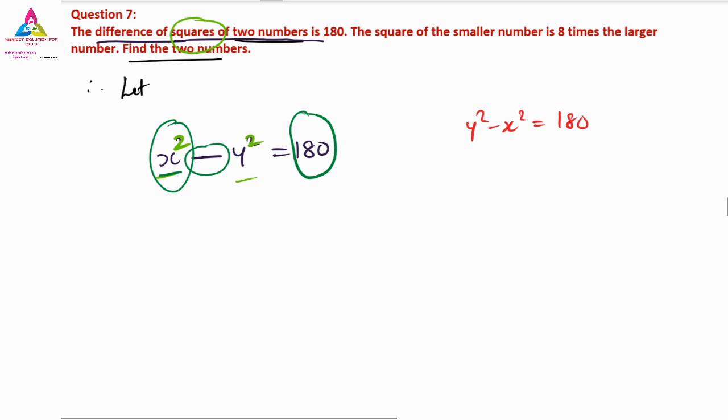If you are subtracting the squares of the two numbers and you got the answer as minus 36, which number was the greatest number? This is the basic, you must know. The final answer you are going to get is minus 36. So which number will become the greatest number? That is y, because the answer is negative. So here we got the negative, so y will be the greatest number.